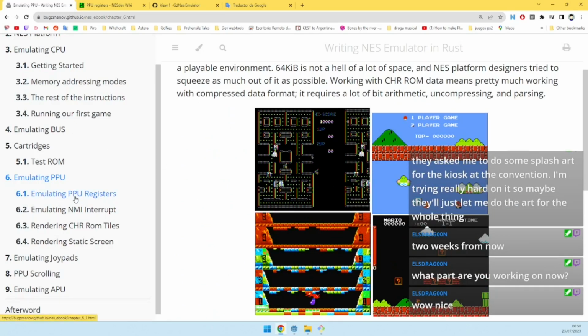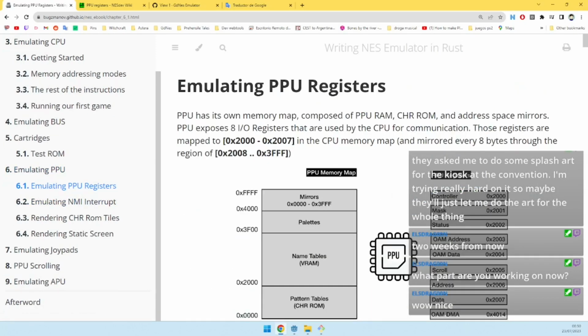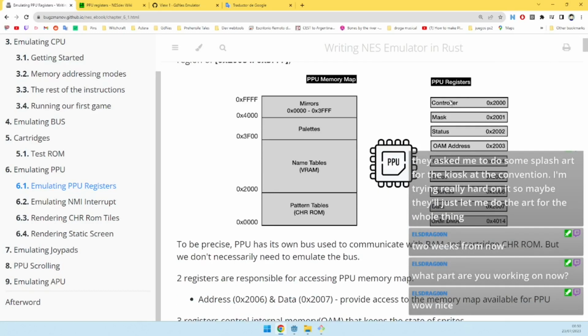I am currently working on the PPU registers. The registers are just some hard-coded memory directions that are used to control the renderer. So you have these memory addresses, the controller, the mask, the status, and some more stuff that are used to change the rendering. For example, the scroll is the position of the screen, the one that you see changing